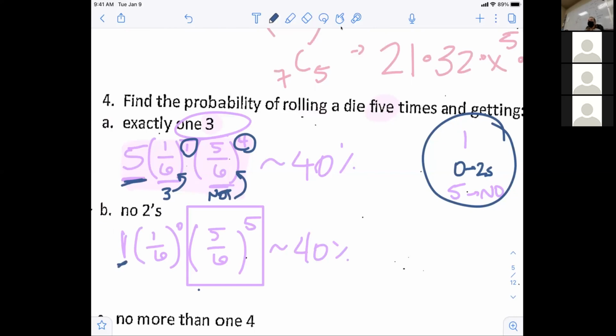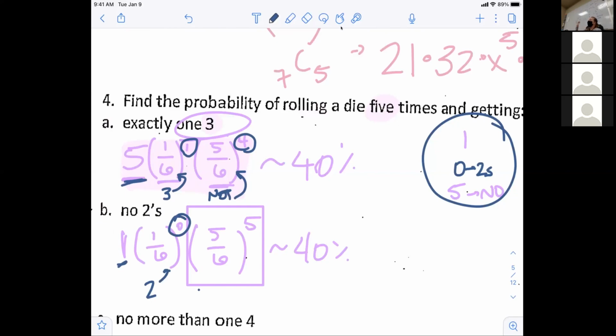So even though my probability to roll a 2 would be 1 over 6, I want 0 of those. I technically don't have to write that because anything raised to the 0 power is what? 1. So technically 1 times 1, that doesn't change anything. So really my only answer is the one that's in the box, which is the last part of this,